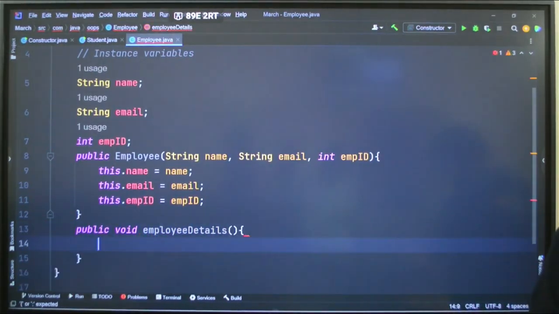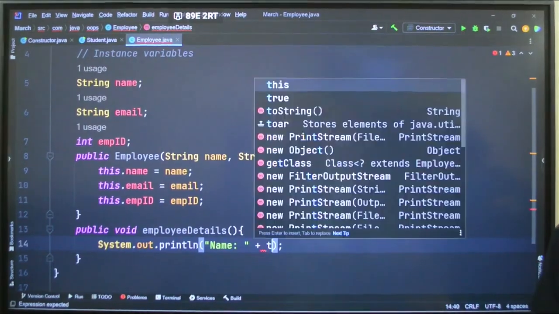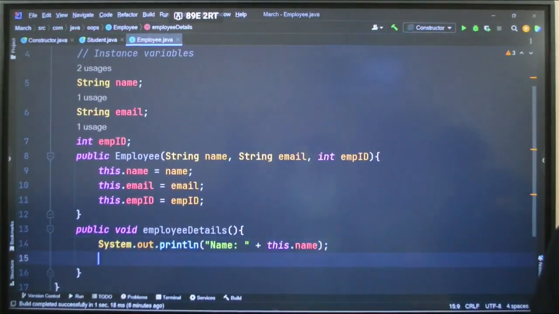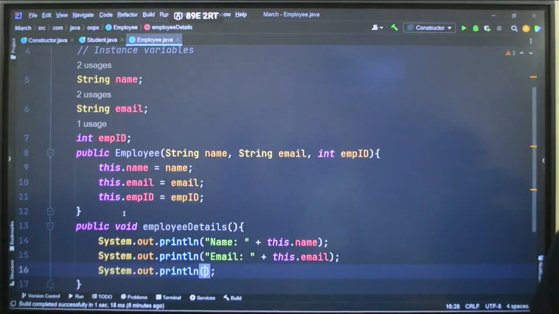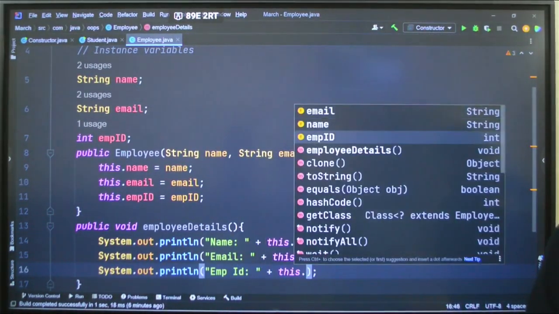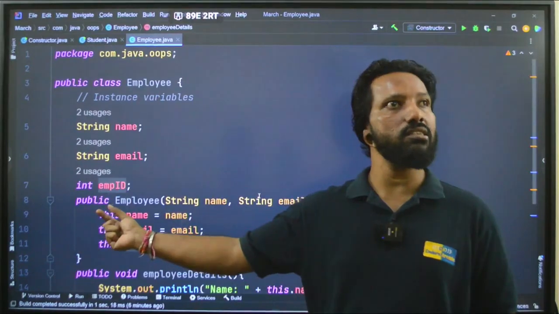Here I am just saying out name plus this dot name, out email plus this dot email, and out emp id plus this dot emp id. Fine. So the only thing is, we have used one new keyword here, that is the this keyword. Fine.